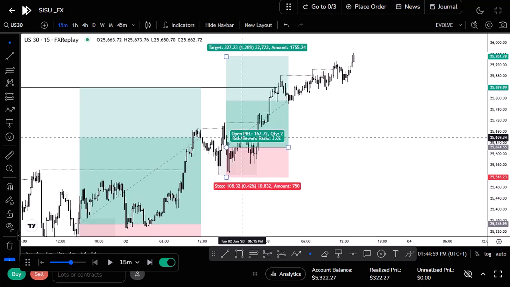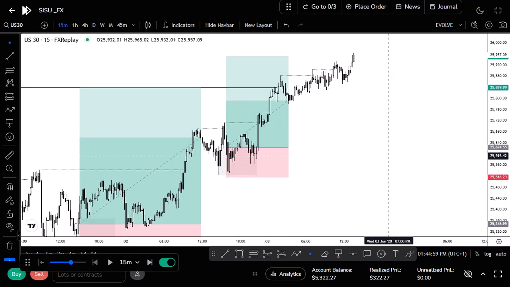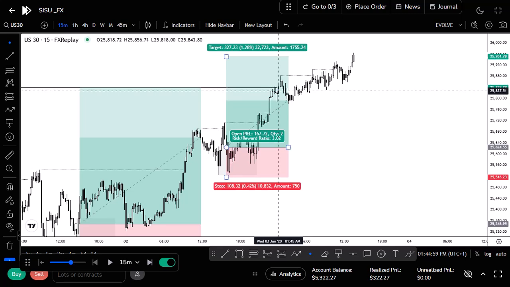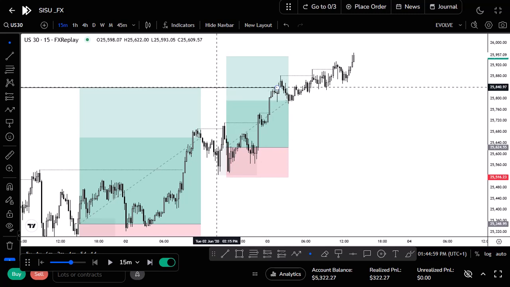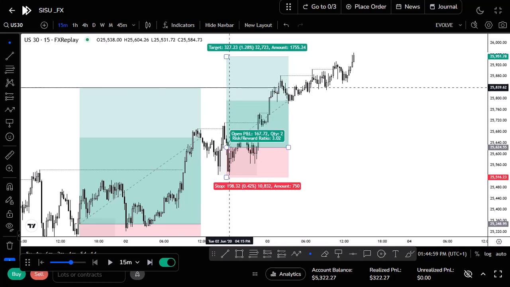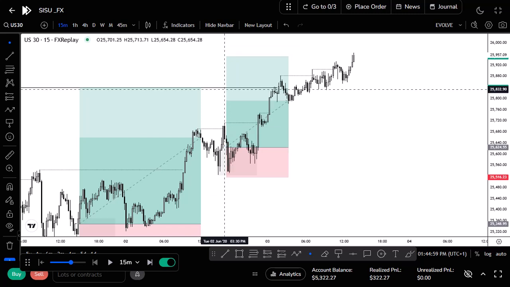Objective target is targeting the highs and lows in the market, draws of liquidity, where price should head to. We know that we are targeting this high. This is a high that we are expecting to be taken out. We are targeting this high. So targeting this area is an objective target.